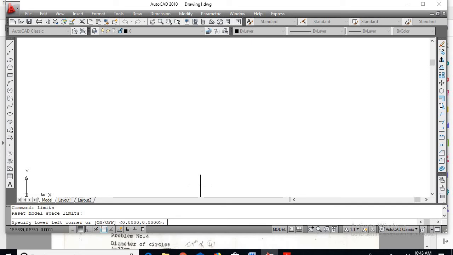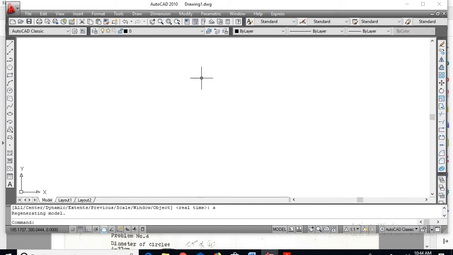The lower left corner will be 0,0, enter, and the upper right corner will be 500,500. Why am I considering 500? Because my dimensions are not going more than 20 centimeters. Or you can consider 100,100 also. Enter. Next zoom, enter, enter.